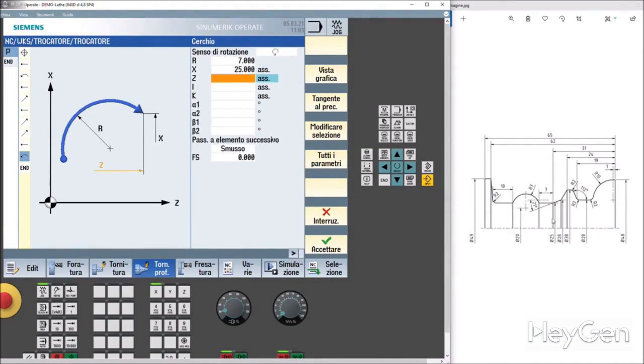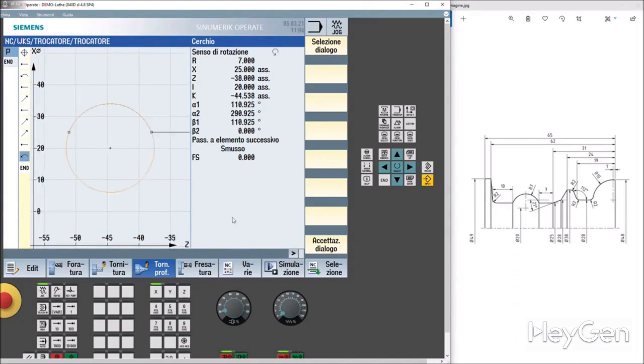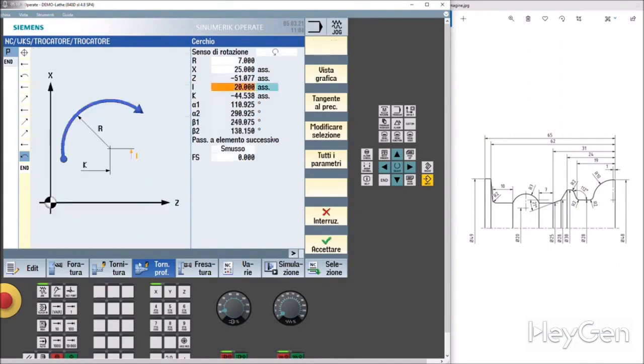We don't have it, but we have I and K, so I 20 and K. Watch out. No, we have it. Look, though, it has considered making it for us. Selection dialog. I want to make this for myself. Accept dialog.